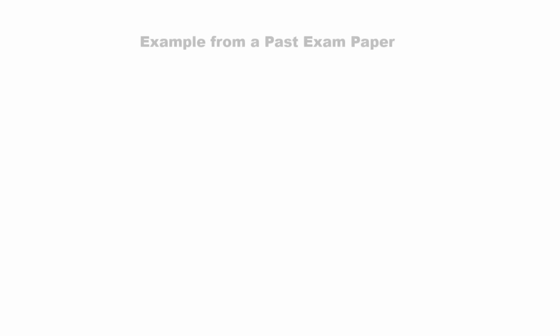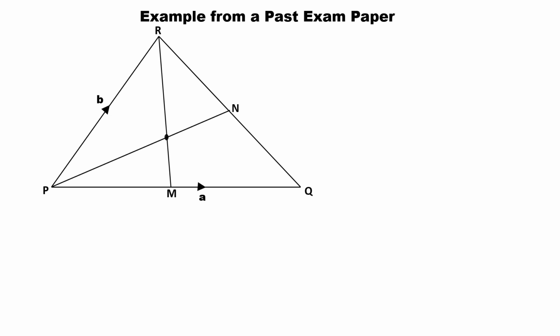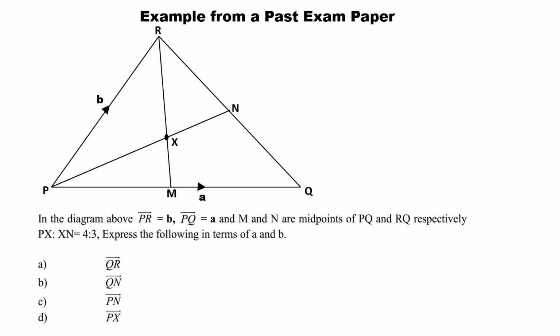Now finally, let us do an example from a past examination paper and apply the principles that we have learnt. So we are given a vector PR with value b, vector PQ with value a, M and N are midpoints on PQ and RQ. Then we have two lines which meet at point X, such that the ratio of PX as to XN is 4 as to 3. Let us now answer the following questions, whereby we need to express all those vectors in terms of a and